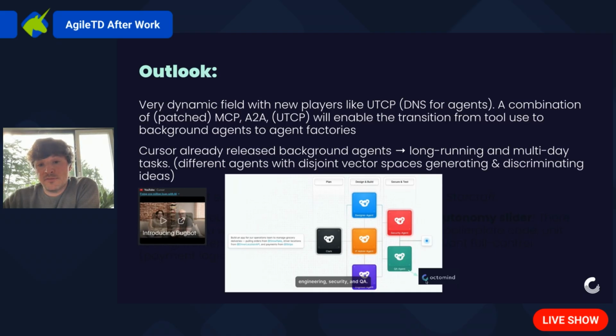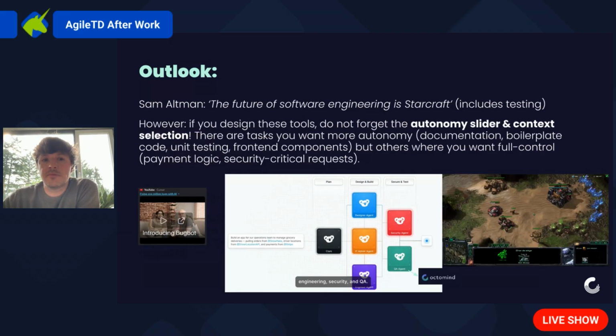For my company, for Octomind, what we are building is the QA agent, which will also be in the background and be in contact, exchange with these other background agents and real-time agents to deliver an app that is within the specifications. And if you zoom out a bit more